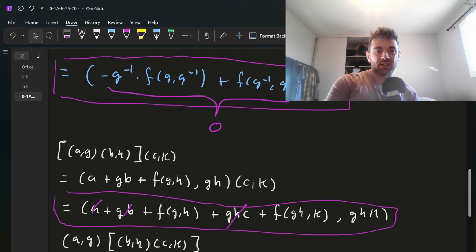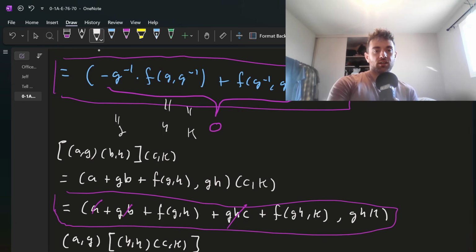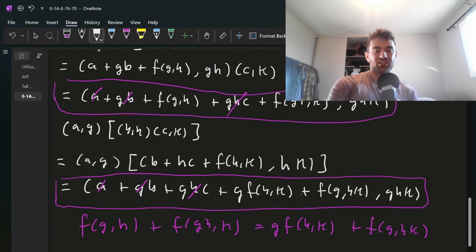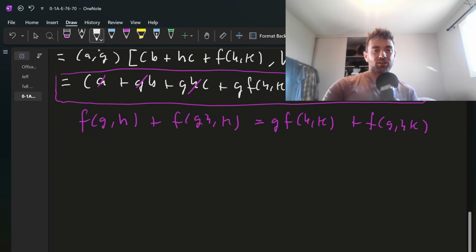What did we need? Let me just write minus G. So if we take this to be our G, we take this to be our H, and we take this to be our K. So G inverse, G, G inverse, right? And I plug that in everywhere here. So this should be